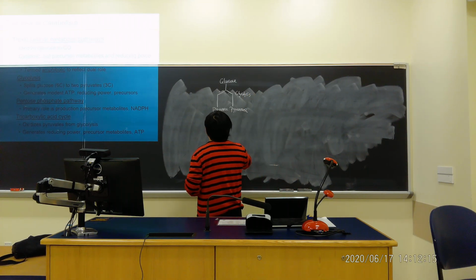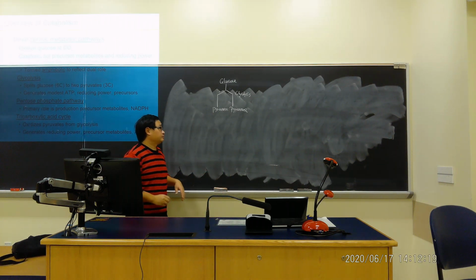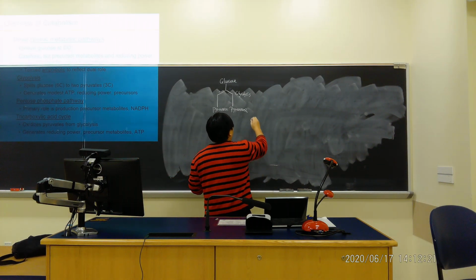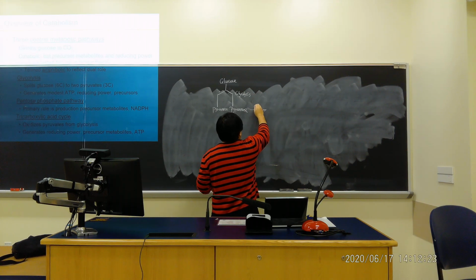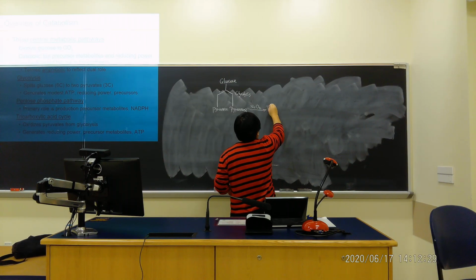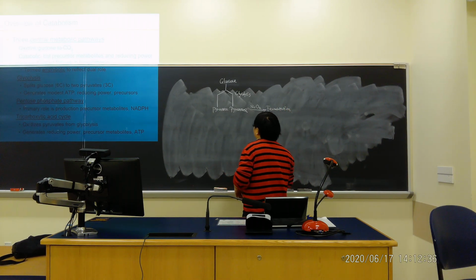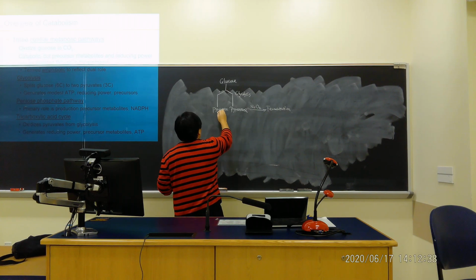Then the pyruvate, it depends where they go. In the absence of oxygen, they will do this pathway. They go to fermentation. If they are in the presence of oxygen, they will go to